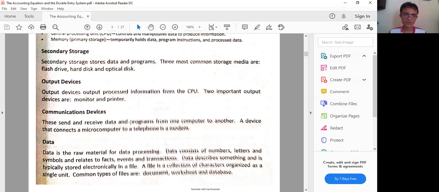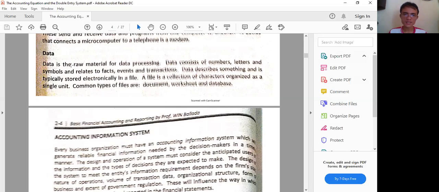Okay, on the other hand, data is the raw fact or facts, the raw material for data processing. And this particular information actually comes from the data or raw facts. So once we process the data, such would become information. On the other hand, we must think that information though can also be data in another situation.